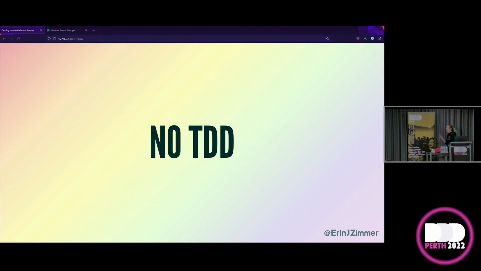And the third limitation of snapshot tests is that you can't do TDD with them. You might say, I don't care, I hate TDD. And that's fair enough. Or why do we care about TDD? We're refactoring at the moment. And yes, that's true. But we're refactoring, remember, because we're intending to make a change. And when we go to make that change, the snapshot tests aren't going to provide us a good basis for